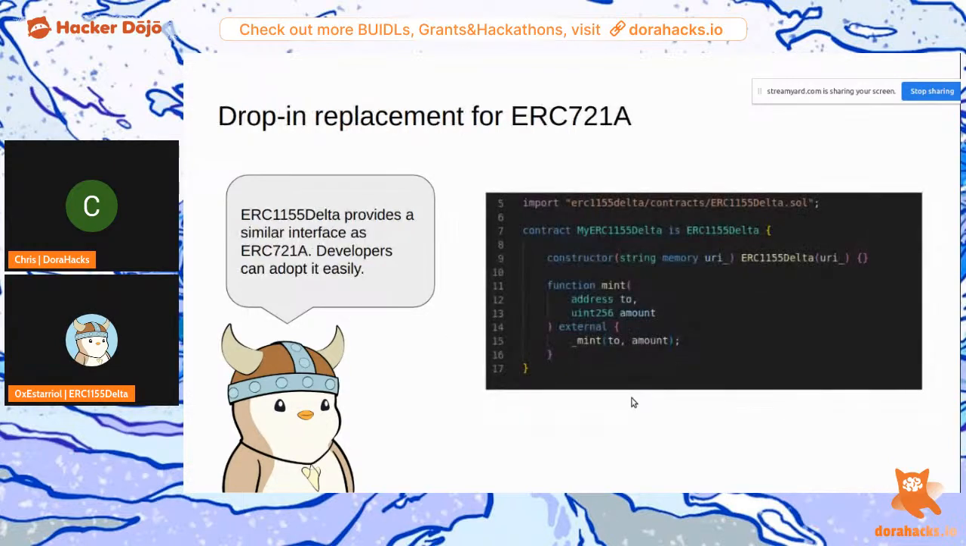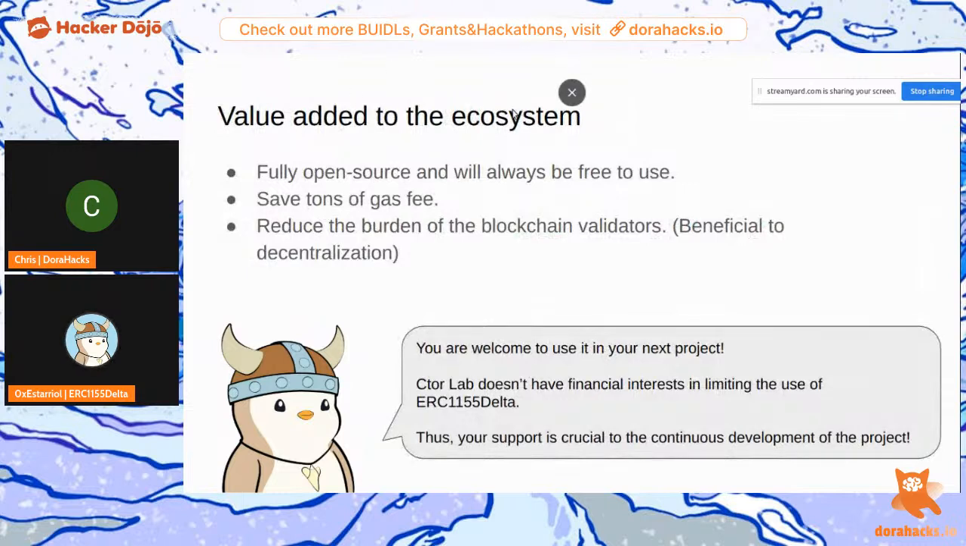So why do we think this project is important? When we designed ERC 1155 Delta, we made a very similar application interface to ERC 721A, so developers should be able to pick it up very easily. And how does it add value back to the